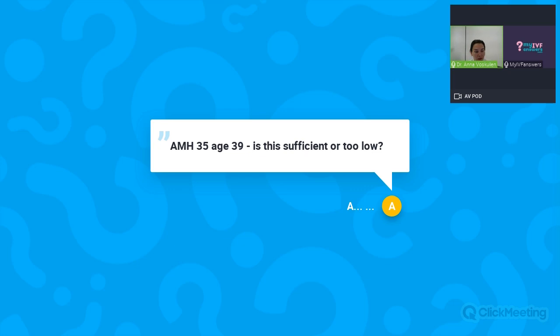But for example, we have different kinds of patients, and with PCOS patients, we have very high AMHs, much higher than that, even 4 or 5. I have seen one of 7 nanograms per milliliter, which is very, very high. So it depends a little bit on all the history. But in general, we look at the AMH level with these reference levels in mind.